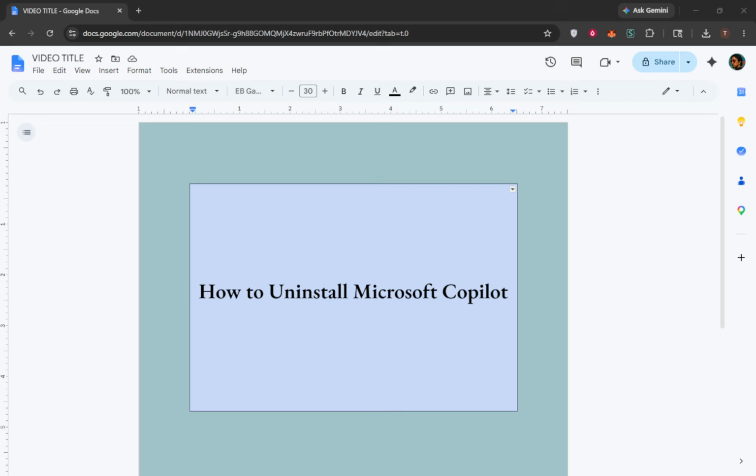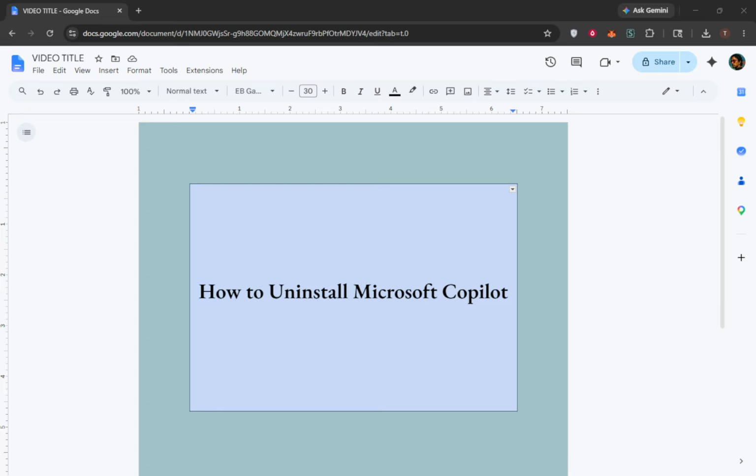In today's video, I'm going to teach you how to uninstall Microsoft Copilot. If you've tried Copilot on Windows 11 and decided it's not for you, the good news is that removing it is quick and straightforward, and this walkthrough follows the official method documented by Microsoft. We'll use the built-in Settings app, which is the simplest and most reliable way to remove the Copilot application from your PC without touching anything else on your system.